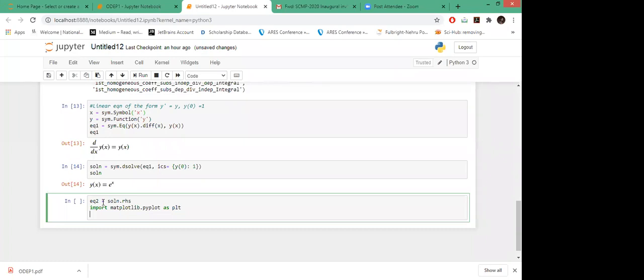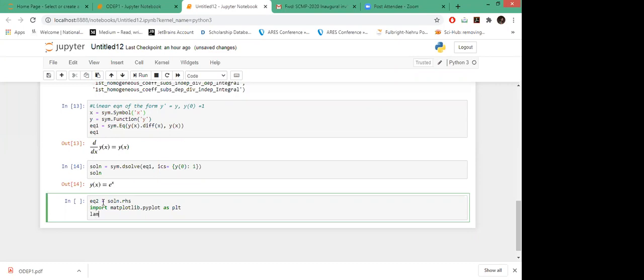But I want to plot this, and for plotting, I need these functions in NumPy format. For that, we have the lambdify function, which transforms any equation in SymPy form into normal basic Python functions. In that, you have to pass the module as NumPy.